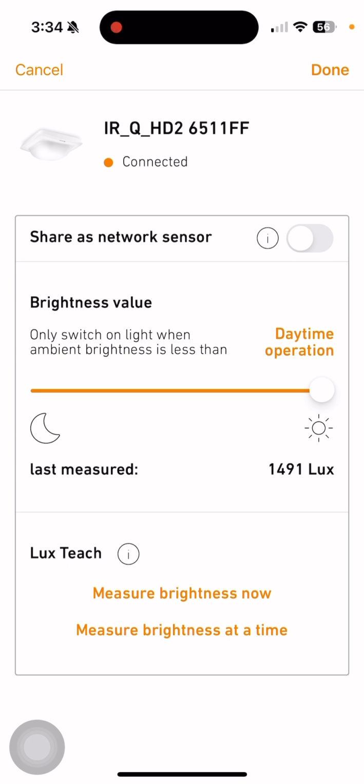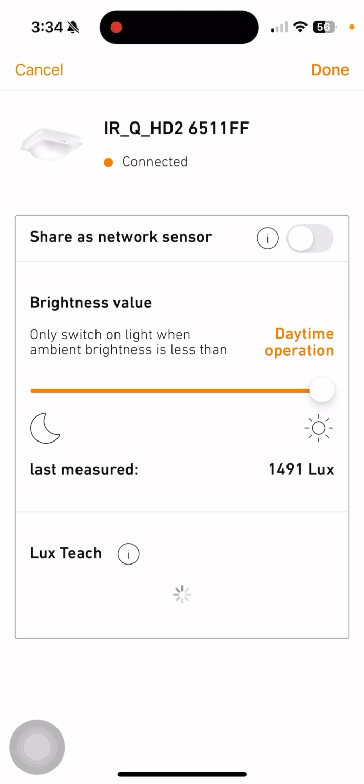Come to the lux teach area, you can measure the environment lux value, and then it will configure into your sensor as the threshold trigger point. So I will press measure brightness now. Okay. Once I press it,